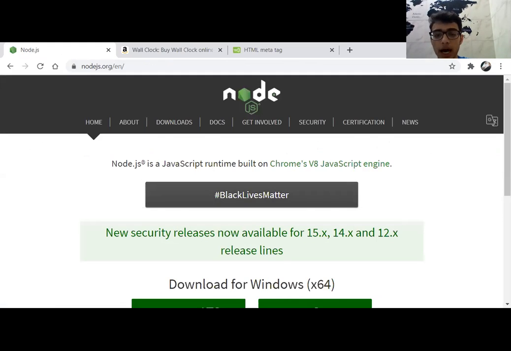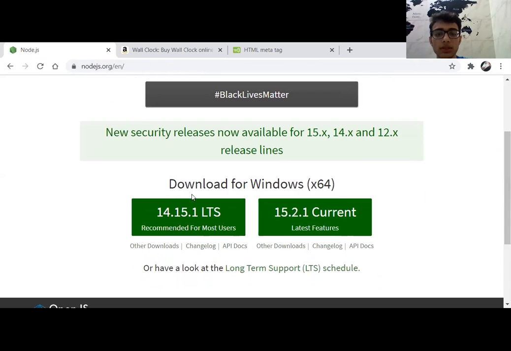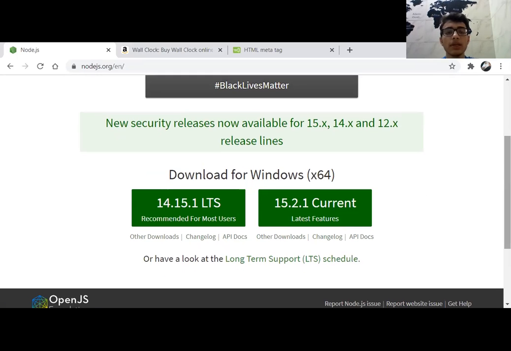If I scroll down, you can see these two softwares. You have to choose one of them and install it on your PC. Because when you are developing the backend part, you won't have a server at that moment. So how will the website look on a server? You will have to install these backend frameworks, so you can connect your backend and your front end using them on your PC.